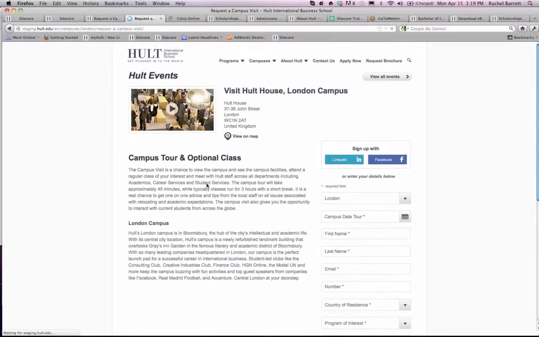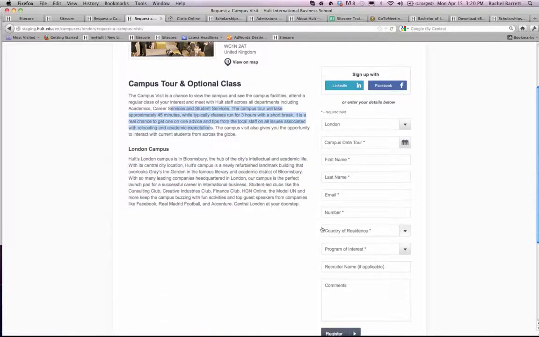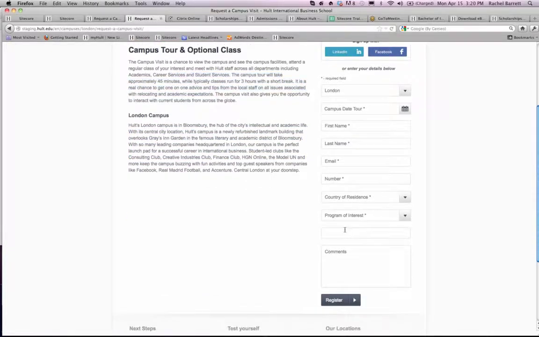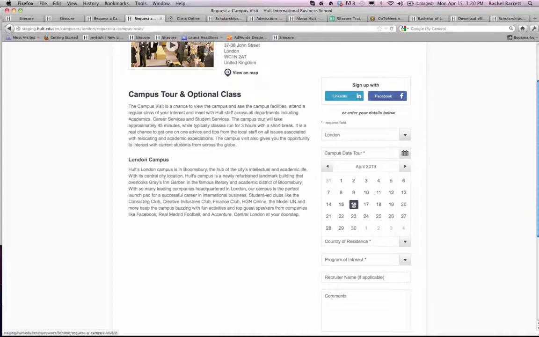So let's have a look what happens when we click on the 16th. You click on the calendar here to see which one. All of the dates that are in bold and navy are the ones where we've got campus visits. Right now we've only got one created inside the content editor. The 15th is in bold because that's today. So let's see what's on the 16th. When I press on the 16th,